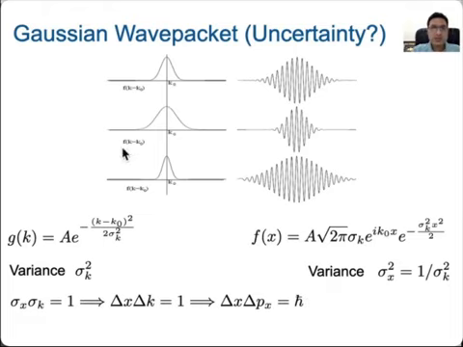So for a Gaussian wave packet, or for a wave packet, this is the uncertainty relation that you get. Okay, and not h cross by 2. This is something that you have to keep in mind. Okay, so when you have a wave packet, this uncertainty relation comes, and when you have a distribution function, then you get h cross by 2, which we are going to see in a moment.